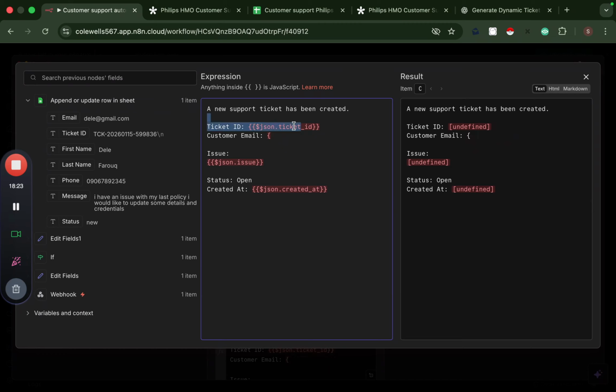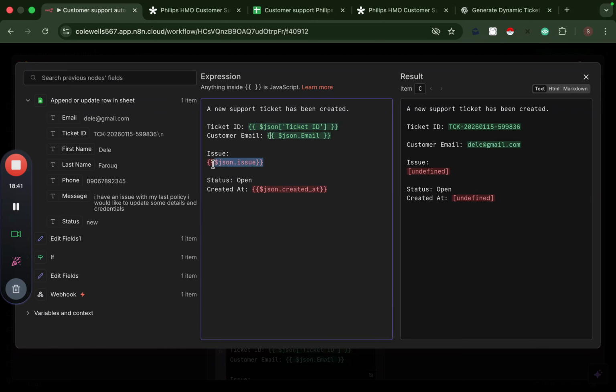So basically saying a new ticket has been created with ticket ID, customer email, issue, and the status. So we're just going to map everything in manually. So this is the ticket ID, customer email, issue as the message,